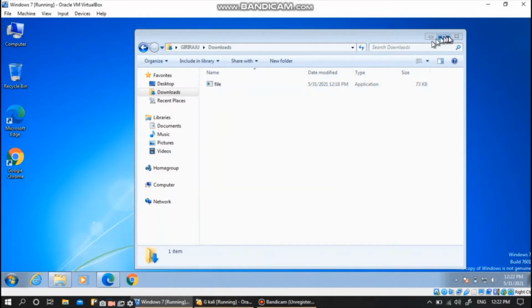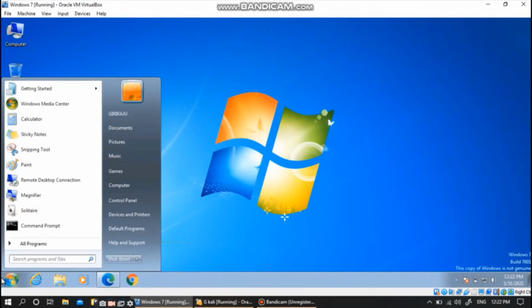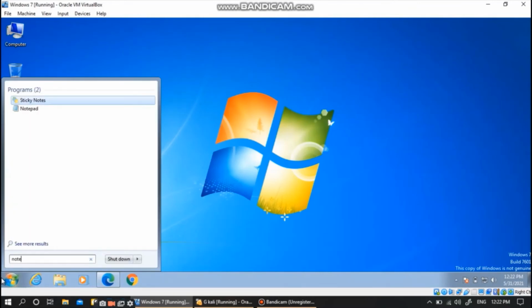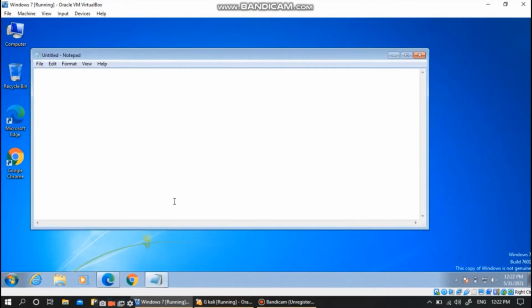So finally, Windows 7 is hacked. So we'll just note it in the notepad, and we'll take a screenshot of this also. You are hacked finally. And we'll just increase the font.